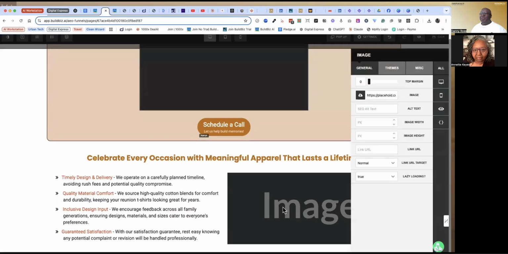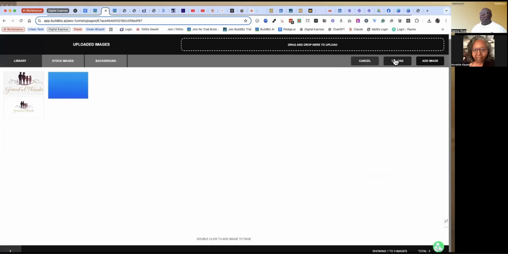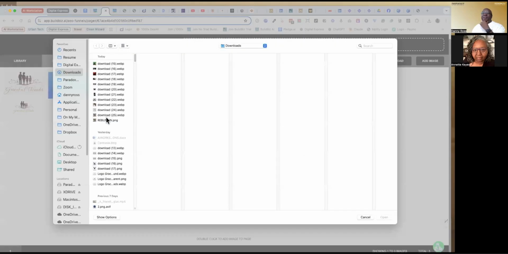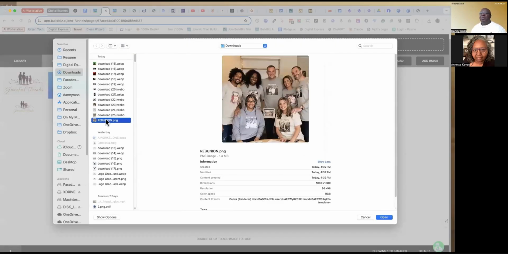So basically, what you need to do is you would just upload one of the images that you like. And so there's a couple ways you can do it. You can either upload, or if you have the different sections, you can just grab them and